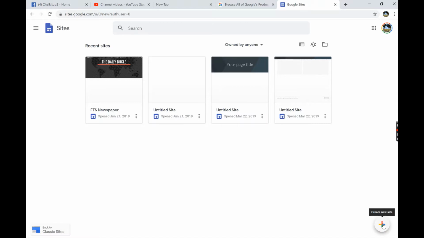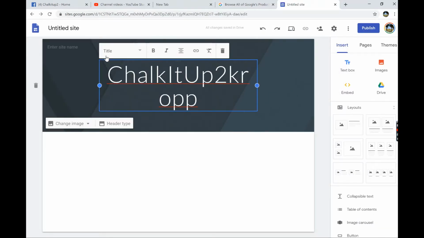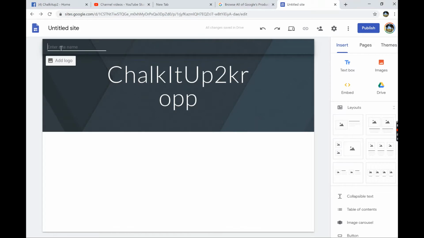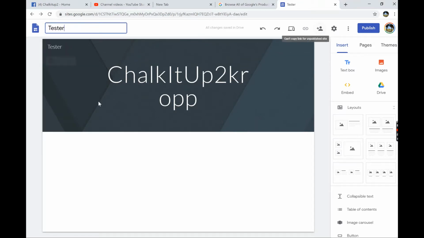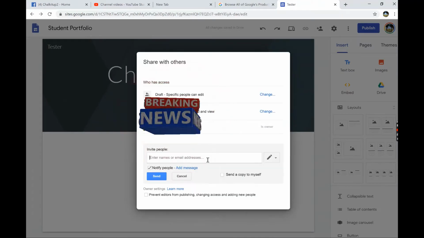Once you get to the Google Sites homepage, go ahead and click the plus button to create a new site in the bottom right corner of your computer screen. You just put in what you want the headline to be, the site name. So say that this is your student portfolio. Click on share with others. And now students can share it with you